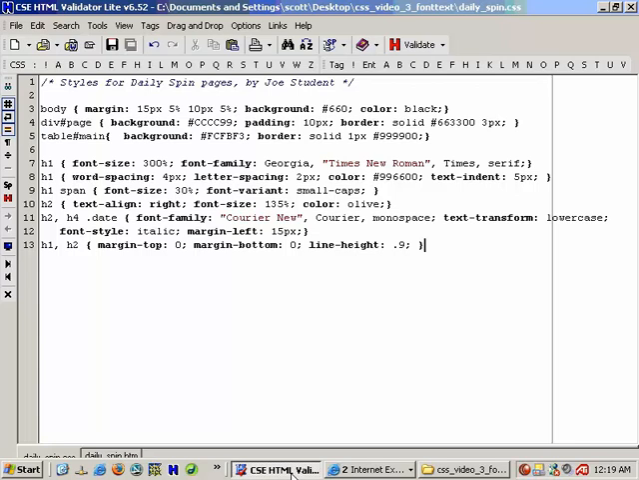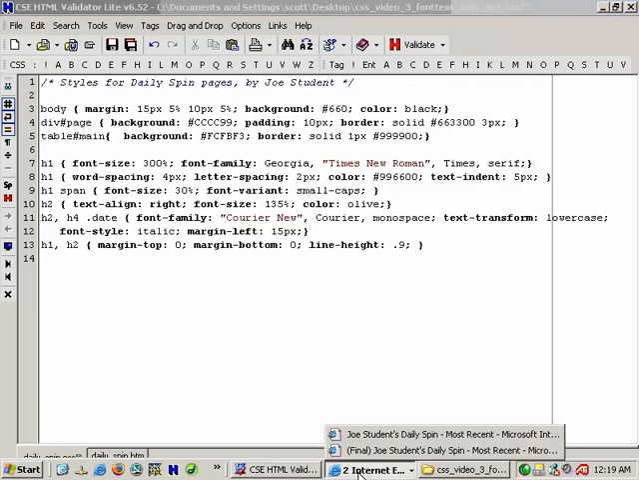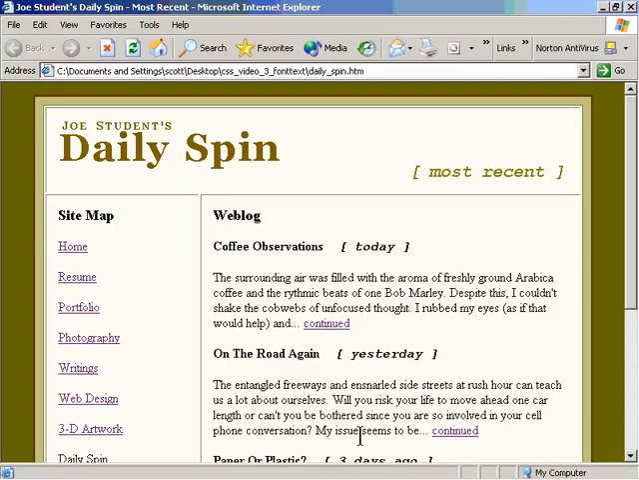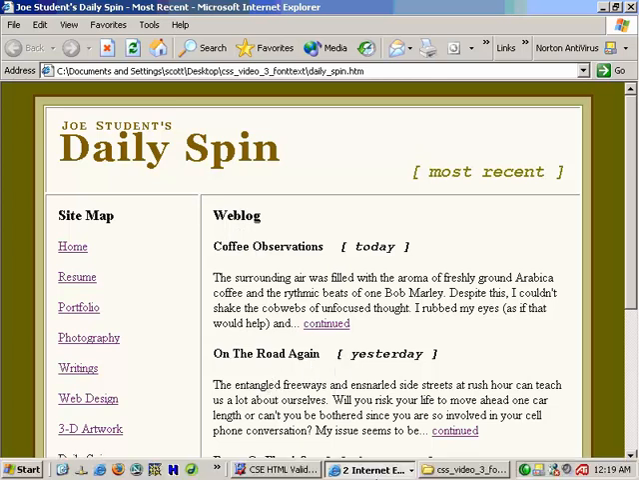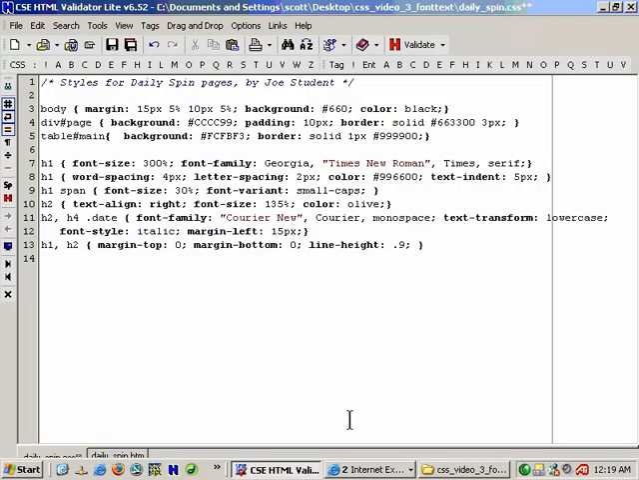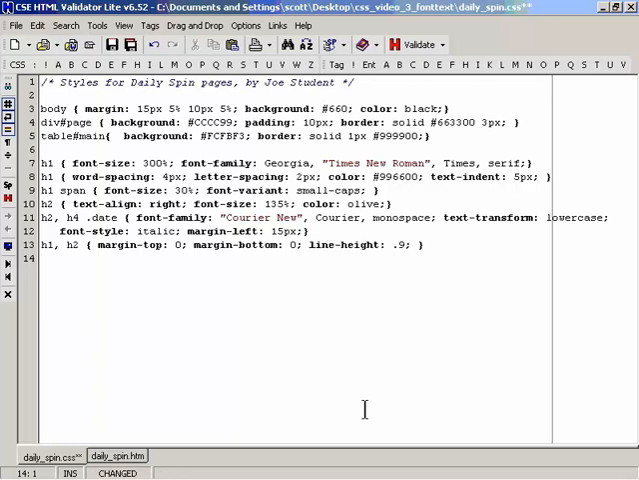So we're now going to move down and work on the H3 headings. Go back to our original page, we can see these are the H3 headings at the top, and these are H4s here. So moving along, the H3 headings,